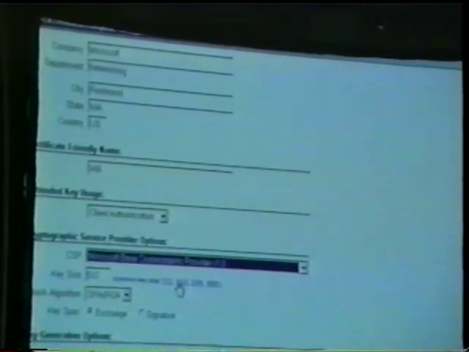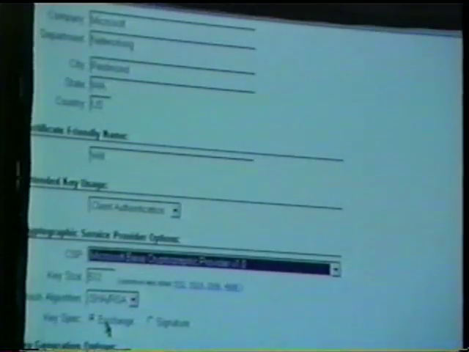My machine has the strong cryptography pack installed, so I have the option of going beyond 1024 bits for keys. That is the public and private key pair that I generate. There's two different ways to do key generation. One is for data exchange, which is what that means. It doesn't mean email. It's data exchange. So if I want to encrypt data, then I can get a key pair for data exchange,